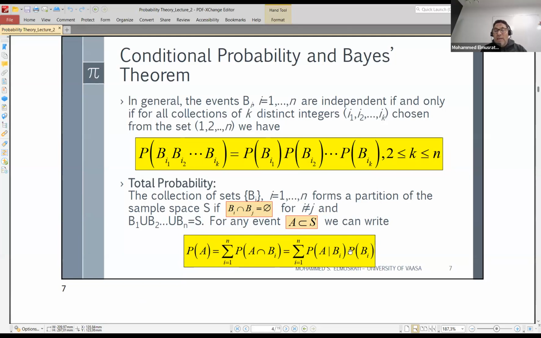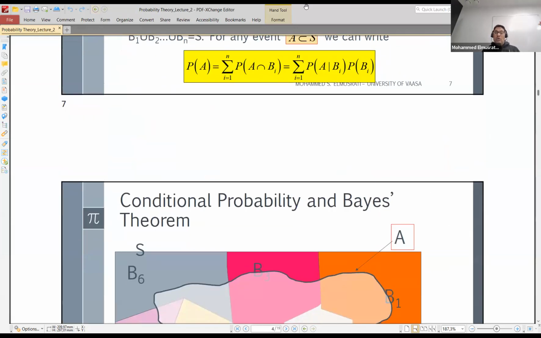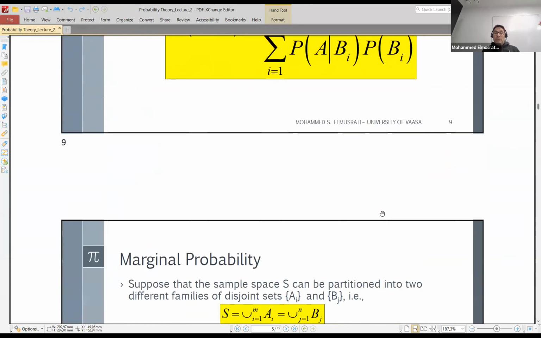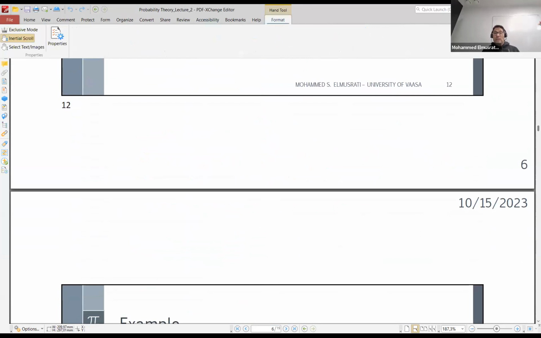So if we have B_i events that are all mutually exclusive, then the probability of A is equal to the summation of the probability of A given B_i times the probability of B_i. Now we have O complement and we have O. O and O complement are mutually exclusive, because one is having overweight and the other doesn't have overweight. So they are already naturally mutually exclusive. So in this case,